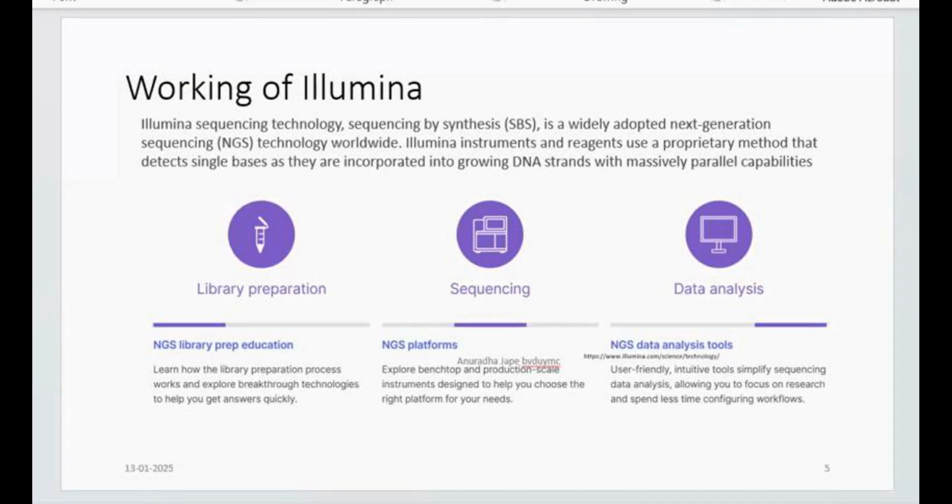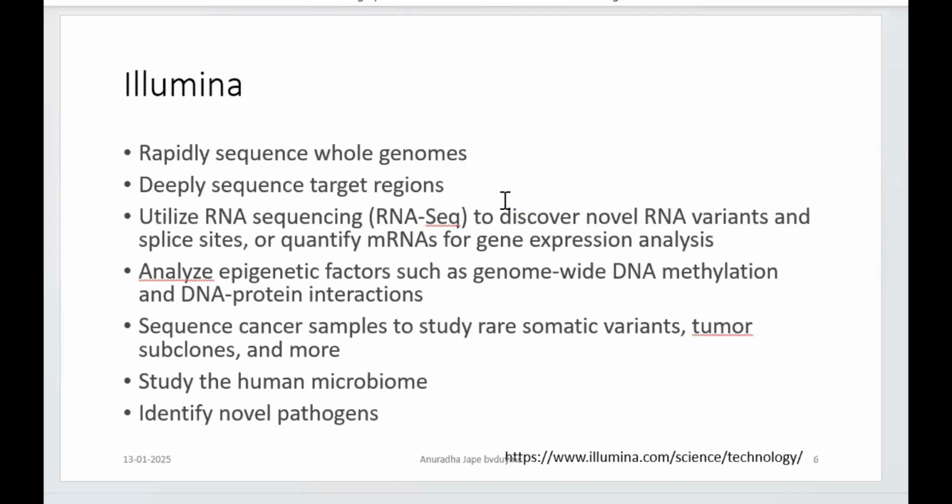Now when I say this Illumina system, here you have to understand a few basic things, what kind of advantages it has. So rapid sequencing and long sequences you can read. So rapidly you can sequence the whole genomes, which is a limitation in case of Sanger's method or even in pyrosequencing, right? In Sanger's method hardly 1,000 base pairs at a time you can sequence, so smaller fragments are required. Here you can rapidly sequence the whole genomes